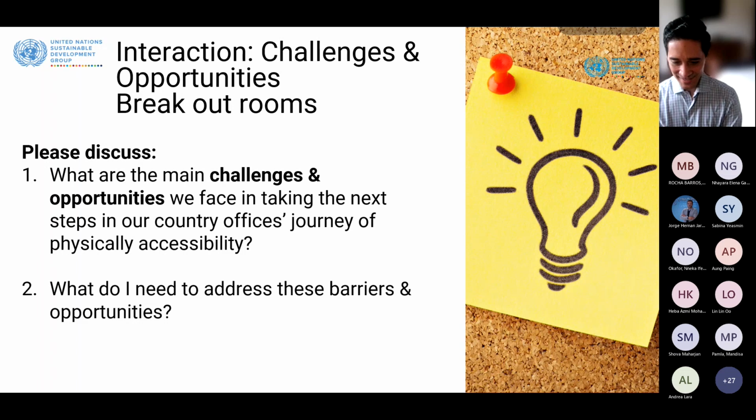Saw somebody had raised their hand, but not sure if they lowered it. My name is Sabina Kanai, UNICEF Bangladesh office. Hi, Heba. It is a really very useful presentation. I have a small question: do you have a specification for an accessible workstation? In our office, we have most of the things that you have already mentioned in your presentation, except maybe the accessible workstation. What we have is a height adjustable desk. But if you have something special rather than that, it would be really helpful for us to implement in our office. Over.